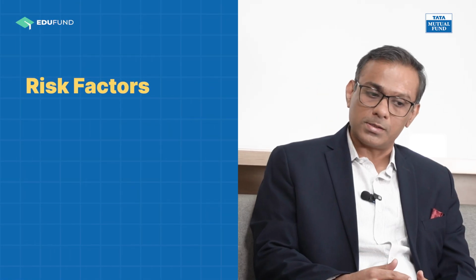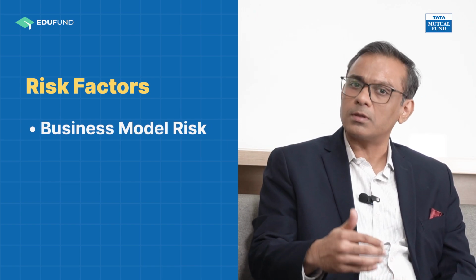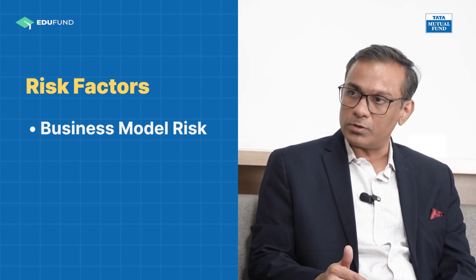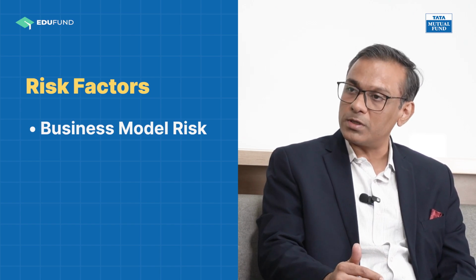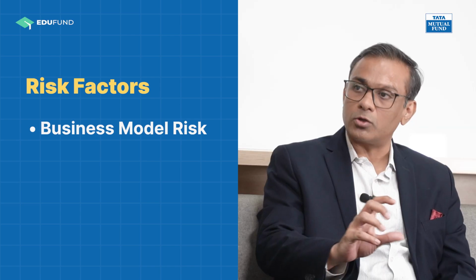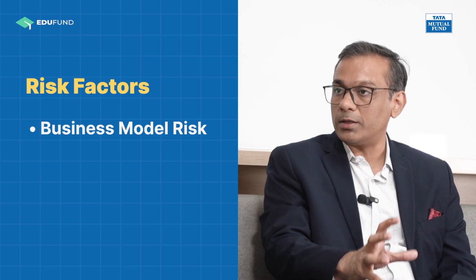So I think risk comes from 2 or 3 aspects. One is the business model risk, where again, like I said, most of these are consumer facing businesses, so there's no leverage. There is ample cash generation. The ROCs, ROEs are good. The quality of management is fairly decent. We usually stick to only leaders or challengers, which means we're buying the top graded companies of every sector. That's how we manage the fundamental or the quality risk of the portfolio.